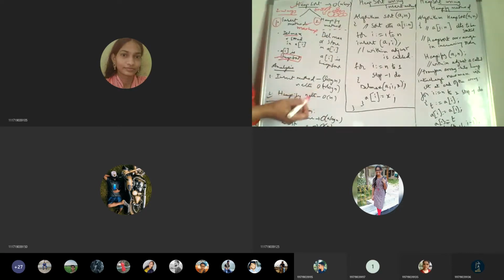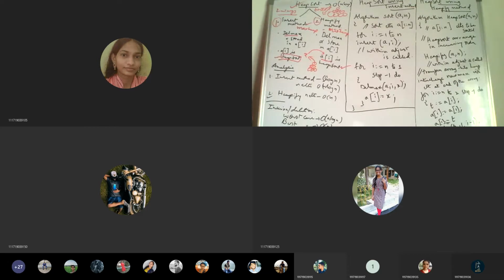Starting from the last parent, we adjust the right subtree, left subtree and root. We check if it is a max tree. If it is a non-max tree, we call adjust again on the right subtree, left subtree and root. Like that we get the max heap. Once we get the max heap, we have to delete the topmost element, whichever is maximum, and whatever is deleted, if we go on storing it into one array, that becomes the heap sort.